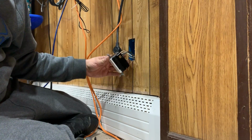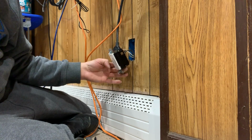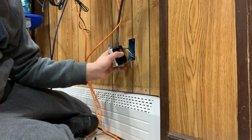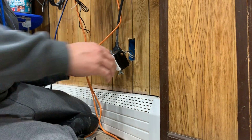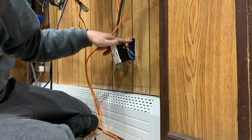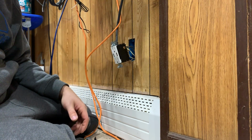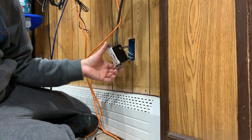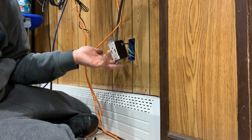So that's pretty much how simple it is to wire it. Ground's on the bottom, just like that. There it is. We're going to turn it on, test it out for power, make sure it works. But like I said, I still need to drill that out. So now I got another process that I have to do. But that's pretty much a quick install of how you're going to install the USB